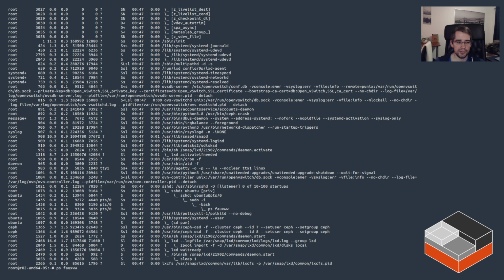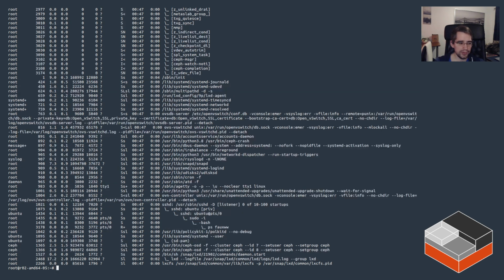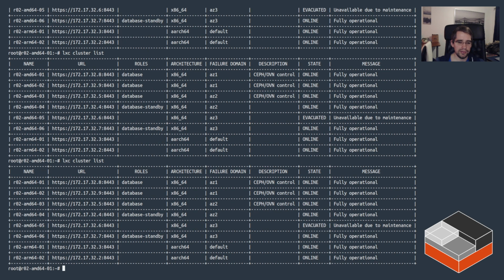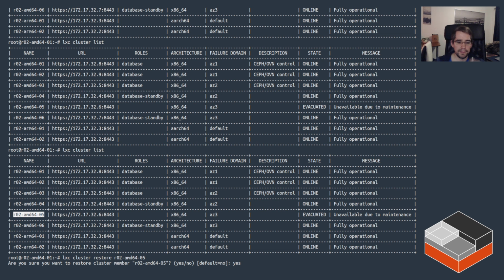Okay, it's importing the local pool. We can see here, in this case, you can see the Z pool being imported. Anyway, it's back, but with no instances, and we can still see it as evacuated right now in the list. And what you do is you do restore, and then the name of the system, confirm, and that